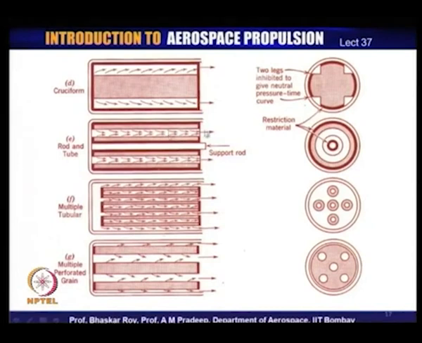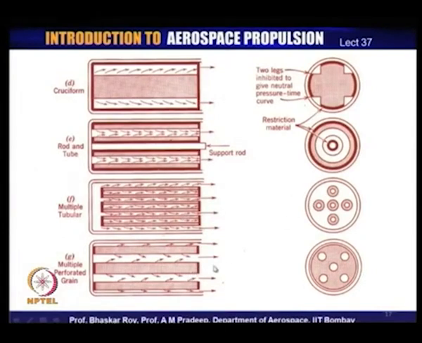There is an annulus over here, the inner annulus, which is open to burning. So, the inner annulus surfaces are open to burning. This is another type of design in which some surfaces are restricted, while some other surfaces are indeed unrestricted. And here you have multiple tubular ones, where you have more or less unrestricted burning. All the surfaces, outer as well as inner, are open to burning.